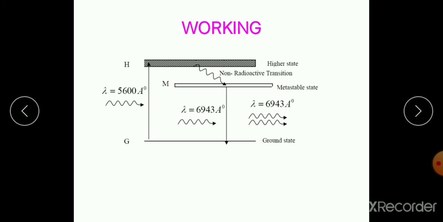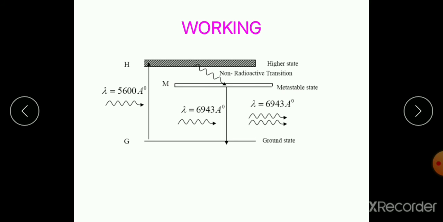Due to continuous working of the flash lamp, the chromium ions are excited to higher state H and returned to the metastable state M. After a few milliseconds, the level M is more populated than the level G, and hence the desired population inversion is achieved. The state of population inversion is not a stable one. The process of spontaneous transition is very high,